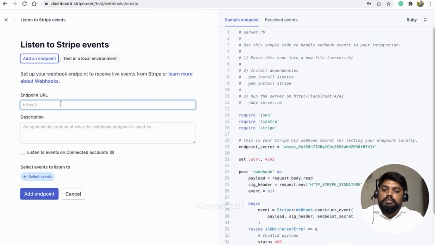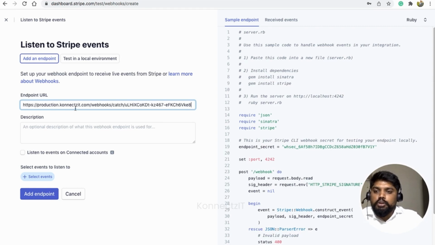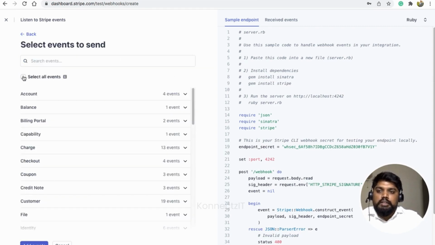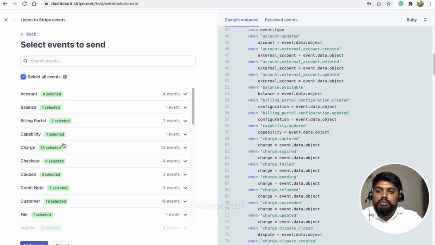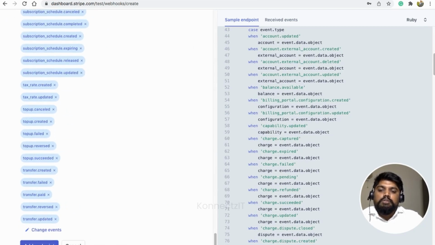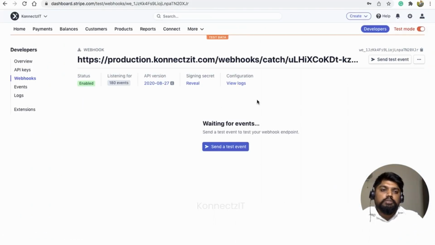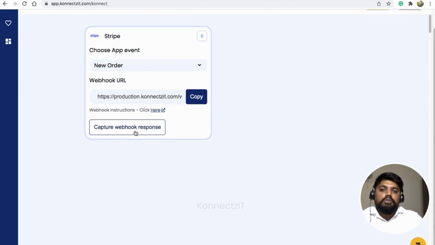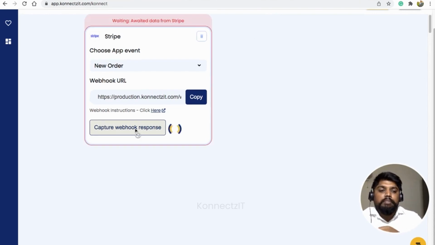Here you can paste the endpoint URL and select the events. I'll just select all accounts, all events, or you can even select based on your events. I'll click on add events and then add endpoint. Once it is done, I'll go to Connexit and make sure you click on capture webhook response. This will enable Connexit to receive data from Stripe.